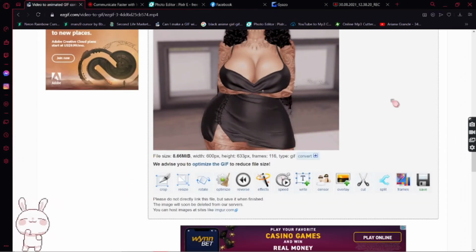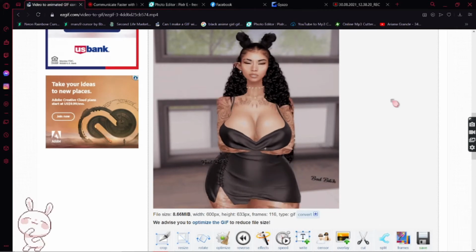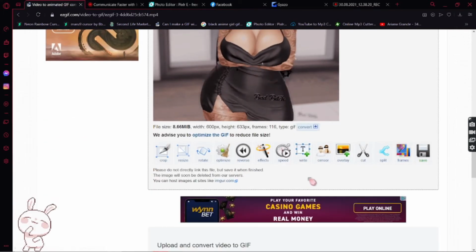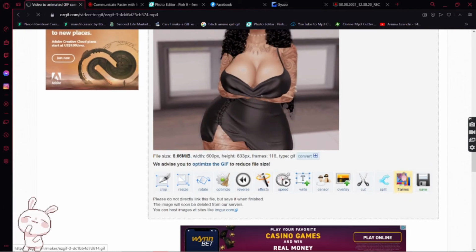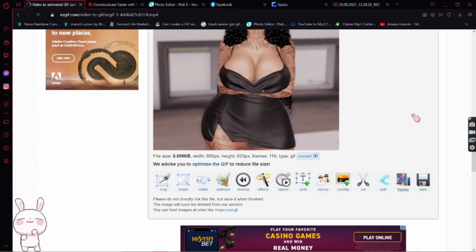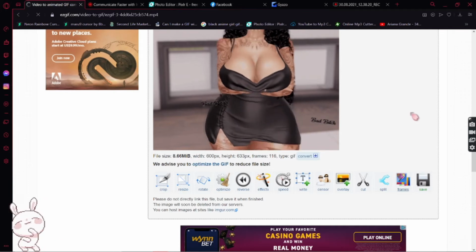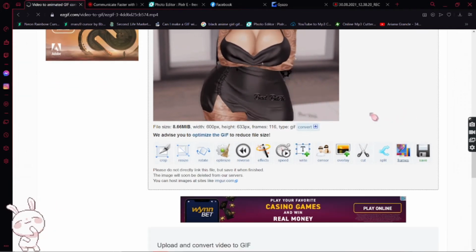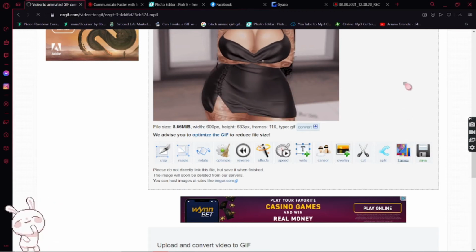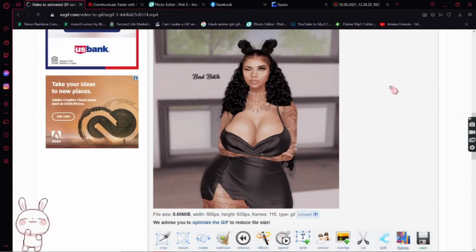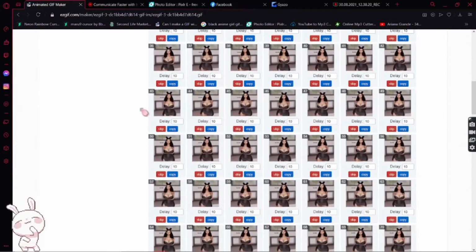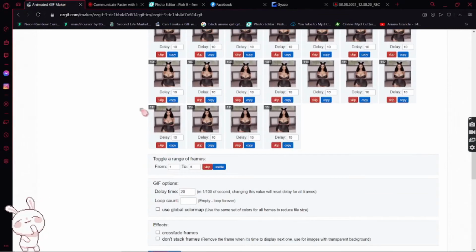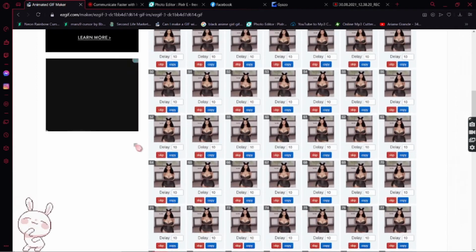It's a pretty long GIF, so we are going to cut it. So this is how we're gonna do it. We're gonna cut it by frames. Because since it's a video, the GIF is gonna be pretty long. So you wanna cut it by frames. So that's what we're doing, just waiting for it to load. And then you're gonna see all these frames here. Look how many it is. It's over 116.